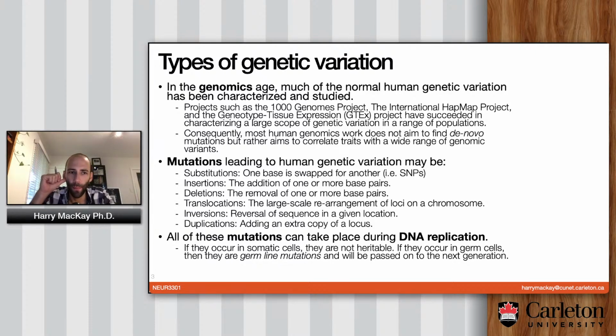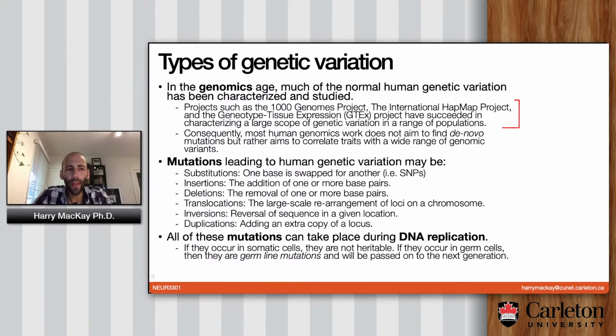But anyway, the variation was always assumed, but unless you can go in and look at everybody's DNA sequence and truly quantify on a base by base level how different people are from each other, you're only estimating it. And to be honest, the ways they estimated it were pretty clever. There was another one, high resolution melting, which used the tendency of DNA to hybridize and looked at how similar individuals' DNA was based on how well it would hybridize between individuals. So there was a lot of stuff you could do, but the only way to really know for sure is to do a lot of DNA sequencing. And so this is what we know now thanks to the genomics age.